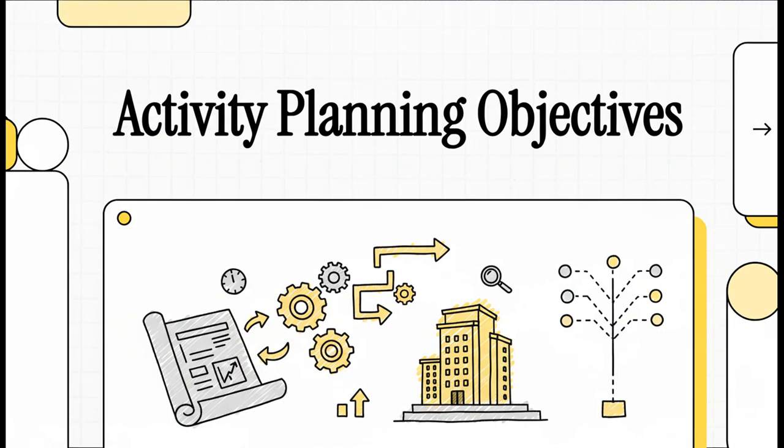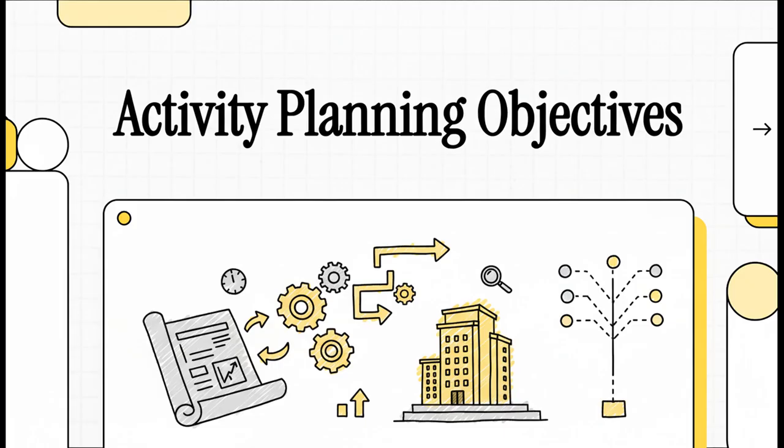So let's talk about activity planning. Now, when you hear that phrase, it's pretty easy to just picture a simple to-do list, right? But it's so much more than that. Think of it like the actual architectural blueprint that decides whether a project is going to succeed or if it's going to fail. To make this feel real, let's imagine we're planning a project together.